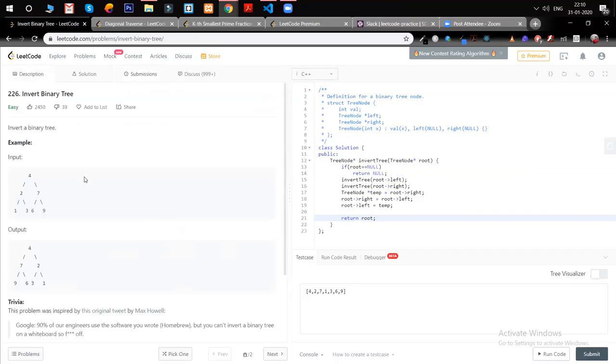Can we discuss any more variations of this question? If the tree is not a binary tree, what approach would we go for? Anyone?